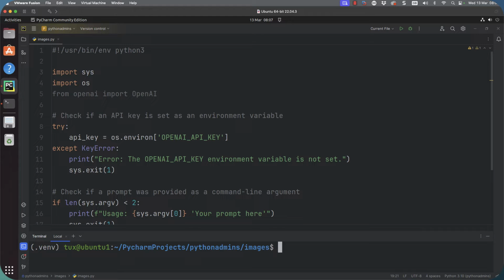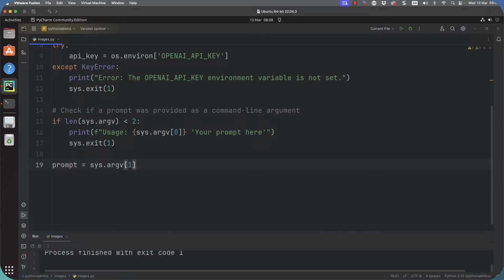This script can be used pretty much as a boilerplate template for getting us up and running with a lot of things. We've got a simple import of the sys module and OS module for us to be able to use them for arguments and checking variables. We've got our try except block to make sure that we have exported the variable OpenAI API key, and then displaying the message, and then checking the length of our arguments to make sure we have provided an argument. So this is the very basics of the script. It doesn't do anything with our images at the moment, but we can go through and try and execute it.